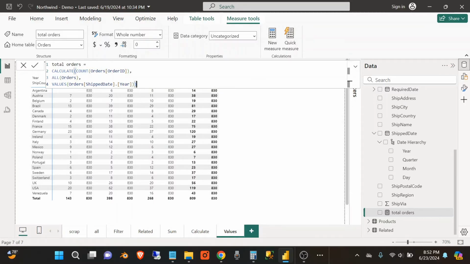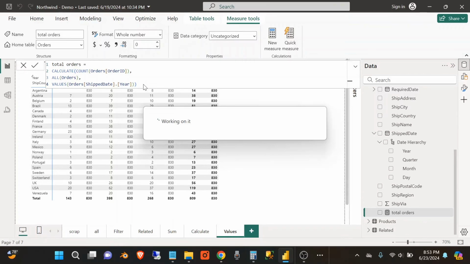And what this values function does is it gives all the values within the column that you're selecting. So in this case, shipping date dot year will give you the values 1996, 1997, and 1998, and that's exactly what we want because we want to ignore the filter of the shipping country, but we want to keep the filter of the shipping year in this total orders measure. So once we click enter,